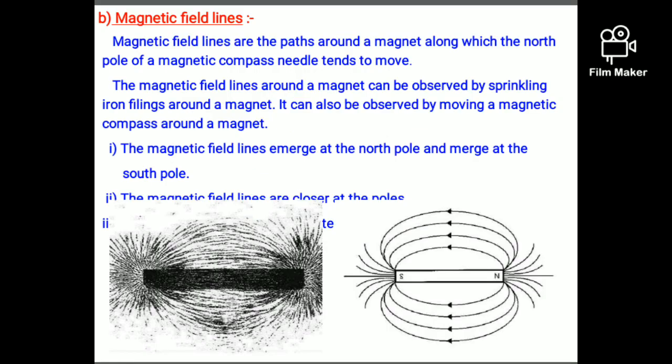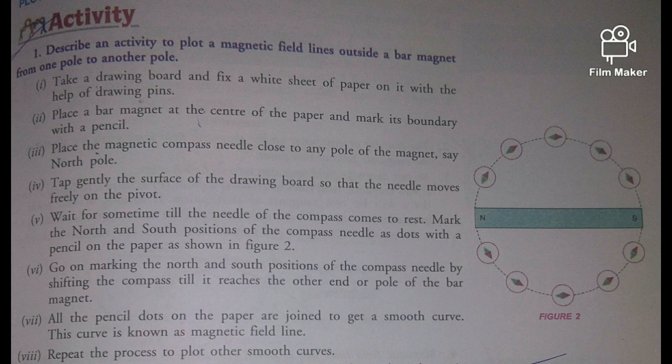This can be seen with an experiment when you do it in the lab, in a class, or at your home also. You can just take a piece of a magnet and a few iron filings. The area around which it can attract the iron will show you its attractive nature. Along with it, we will come to know that near the north pole and the south pole there will be maximum attraction, and in the middle it is minimum. So through here we can come to know about the properties of the magnetic field lines.